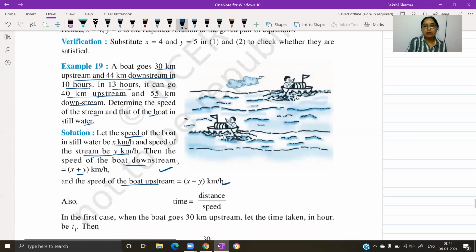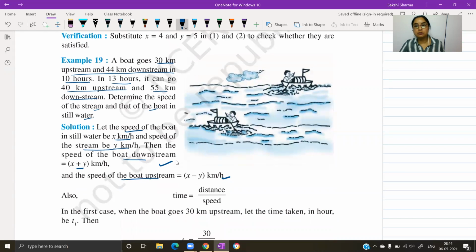Can anyone tell me why we would always have speed of the boat minus the speed of stream or water? Because the stream flows against the boat. You could consider it the other way around also. The person is rowing the boat against the stream of water. I'm saying because of sign convention, because we are writing down x minus y. That means x is greater than y. This simply means when we write x minus y, I'm assuming x to be greater than y.